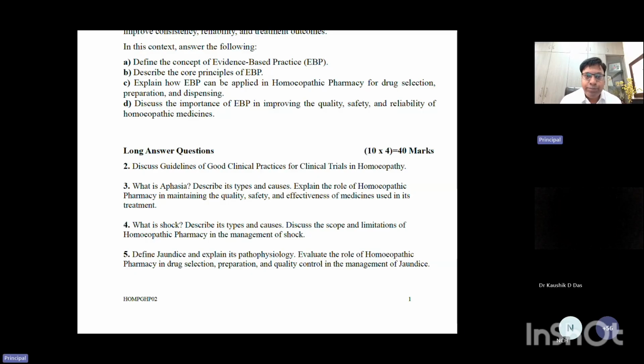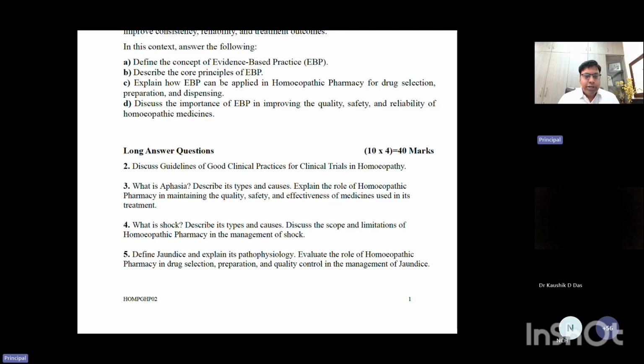Discuss guidelines of good clinical practices for clinical trials in homeopathy. Question number 3, what is FACR? Question number 4, what is shock and its types and causes? And discuss the scope and limitations of homeopathic pharmacy in the management of shock. And define jaundice and explain its pathophysiology, and explain the role of homeopathic pharmacy in drug selection, preparation, quality control